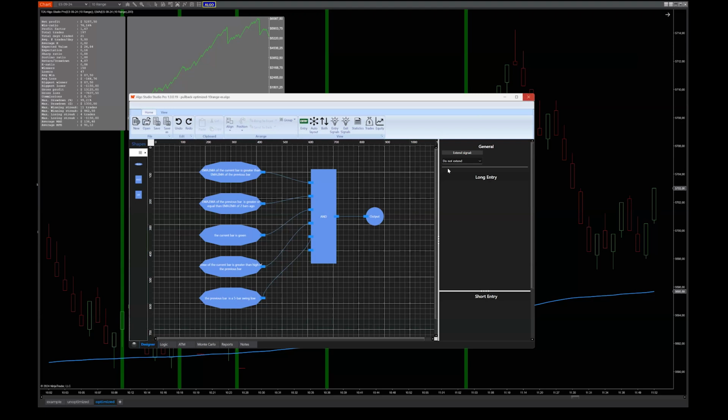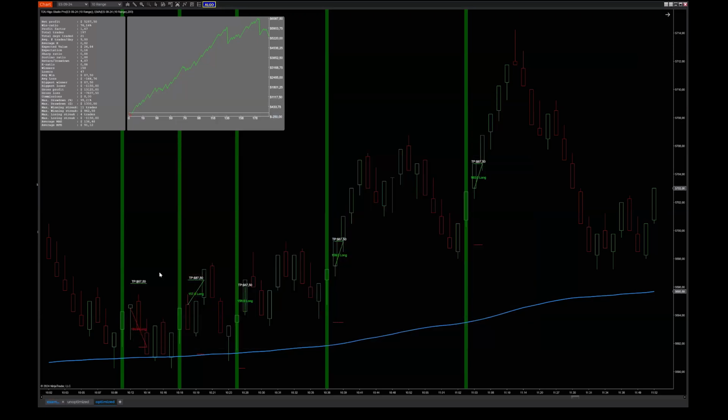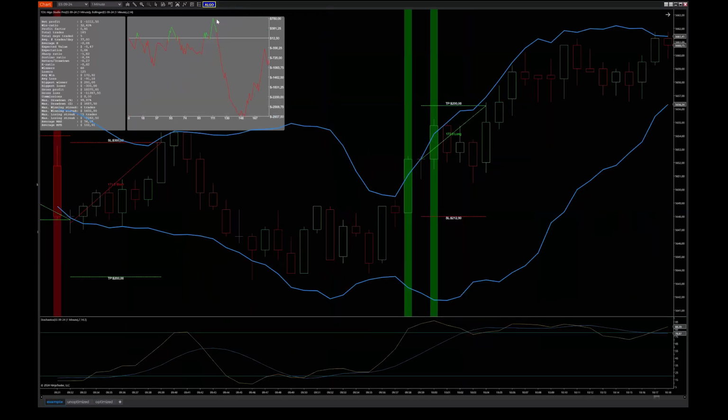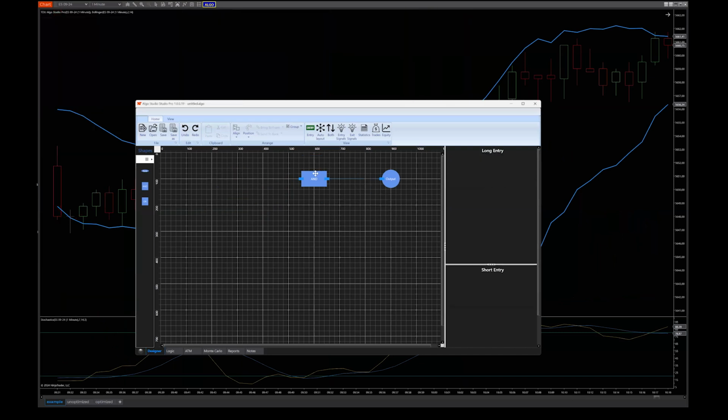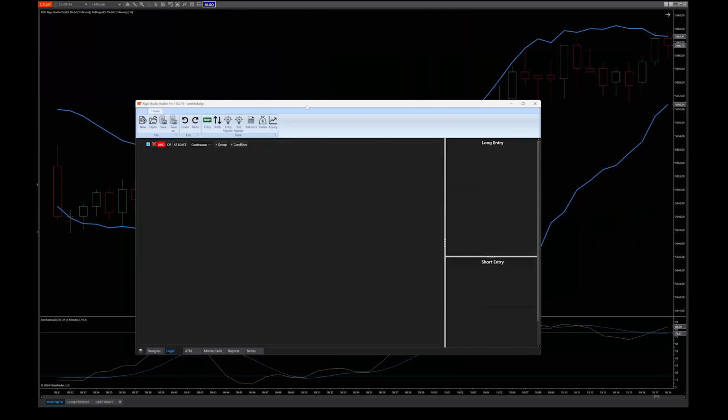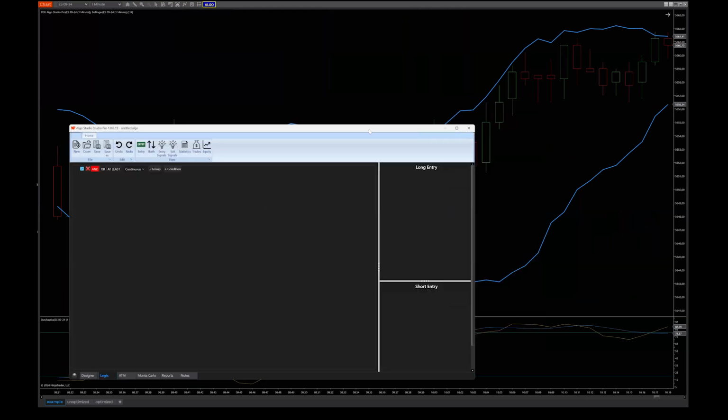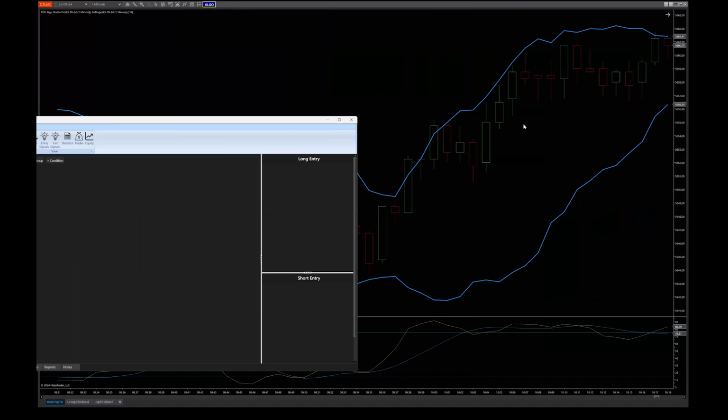And now let's start with a very simple example algo, so you get a feeling on how to create your own. So I'm going to open the algo designer. I'm going to press new, and basically we're starting here with an empty canvas. For this algo, you can see I added the Bollinger Bands to my chart and the stochastic indicator, just two of NinjaTrader's built-in indicators.